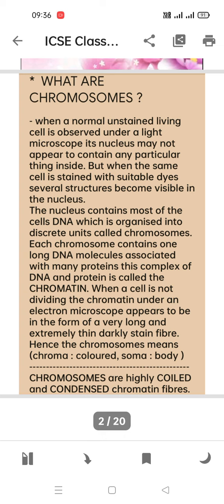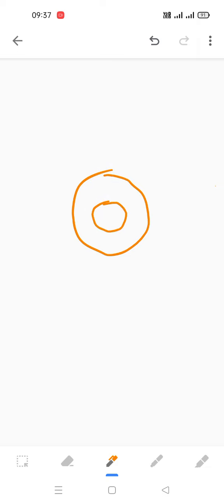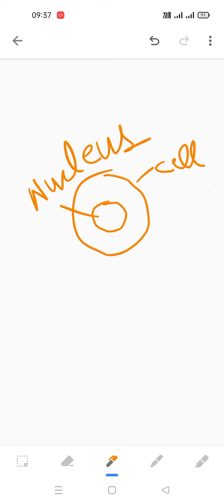Now, where are these chromosomes present? They are present inside the nucleus of the cell. You have a cell, then nucleus. Let me tell you. Suppose this is your cell. Okay, this is your nucleus. And inside this nucleus you have,